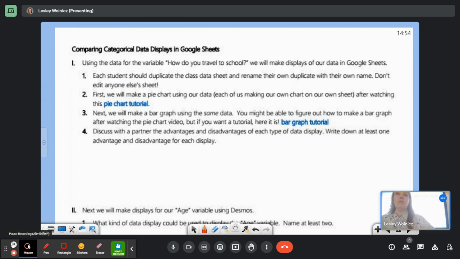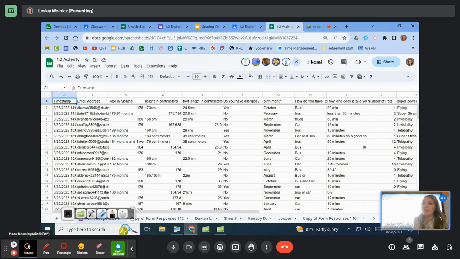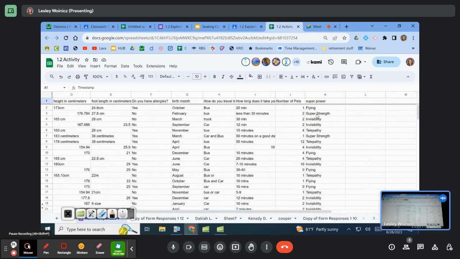So superpowers, let's do superpowers. All right, so we're going to watch the pie chart tutorial, and then we're going to be making our superpower chart. All right, well, pause it. All right, so I'm looking for my superpower column. That's over here